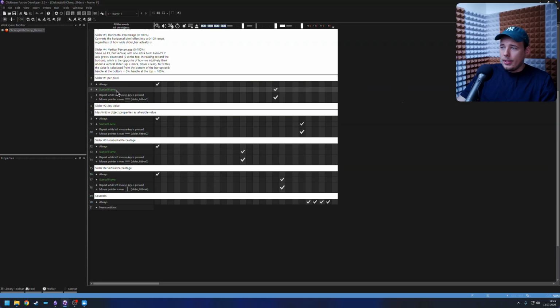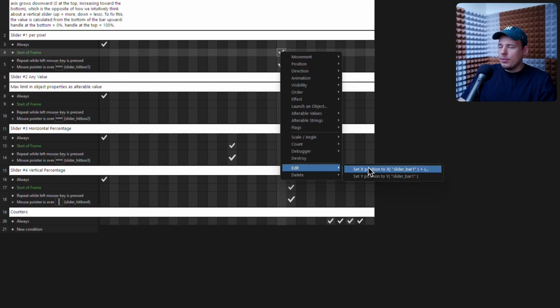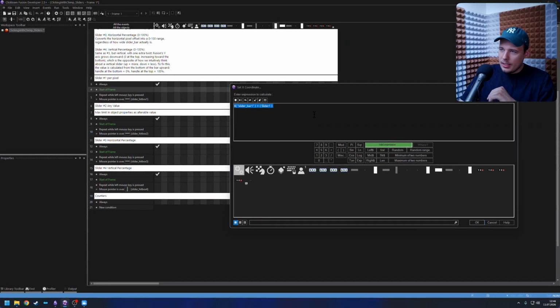So start of frame, let's start from the position Y. Position Y is just the same position of the slider handle as the slider bar. You can set it in the right position in the frame editor at the beginning, but it's easier for me to set it in an event. And more important is position X. It's just the position of the slider bar, so the first pixel of the slider bar, plus slider 1 global value,